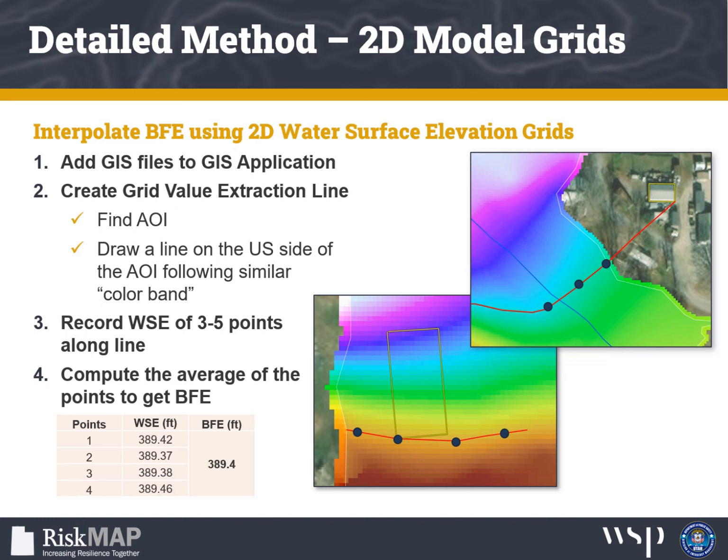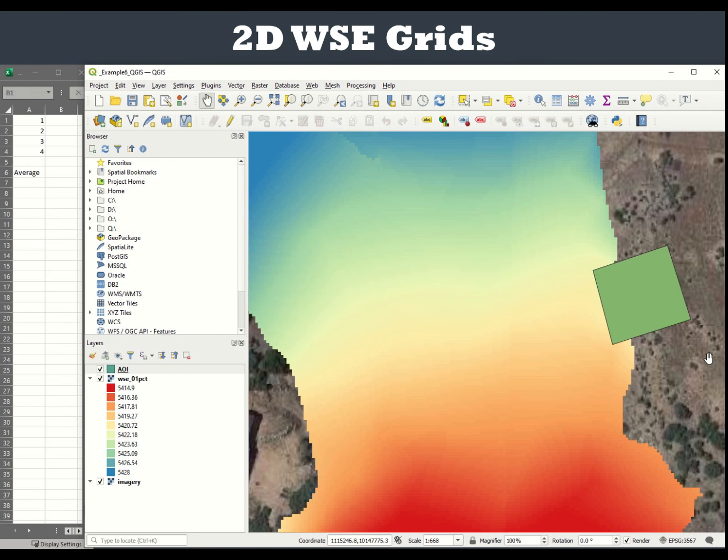In this detailed method example, we will use a two-dimensional model water surface elevation grid. You will need a GIS application such as QGIS and a GIS raster file of the water surface elevation grid, such as a GeoTIFF provided as a non-regulatory product of a base level engineering study. In this example, we're going to use the water surface elevation for the 1% chance event and the area of